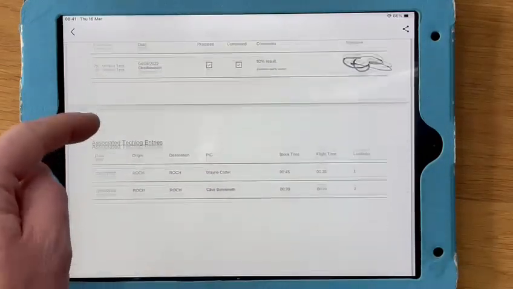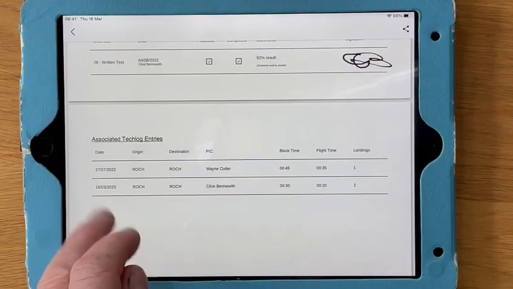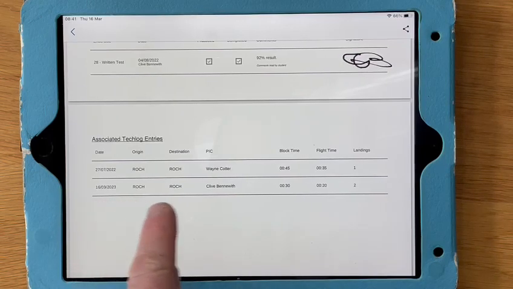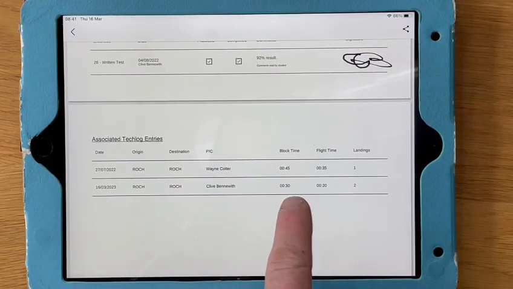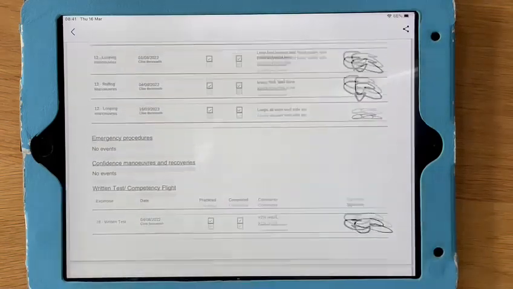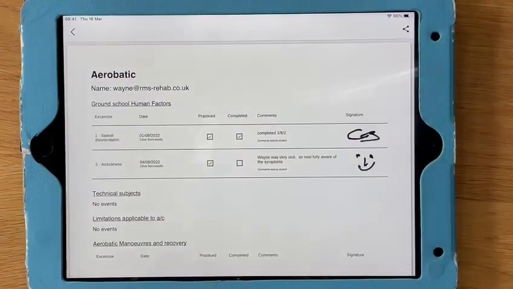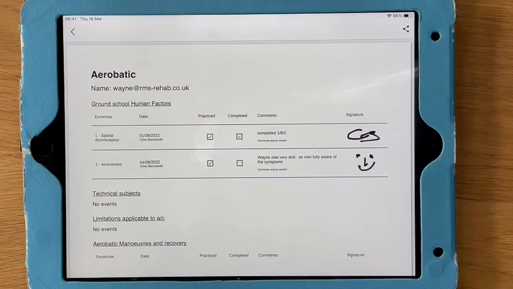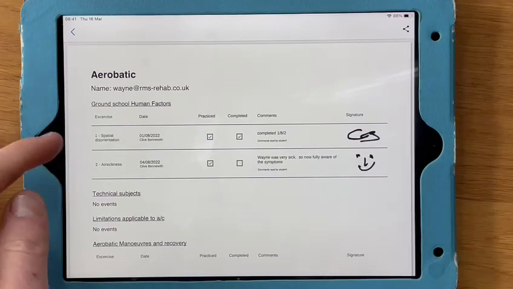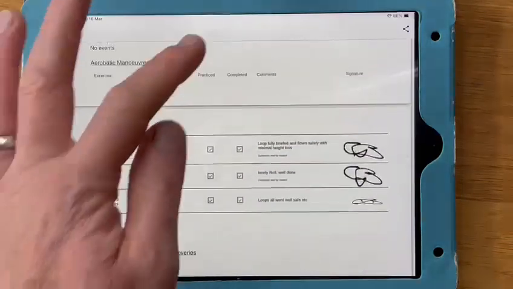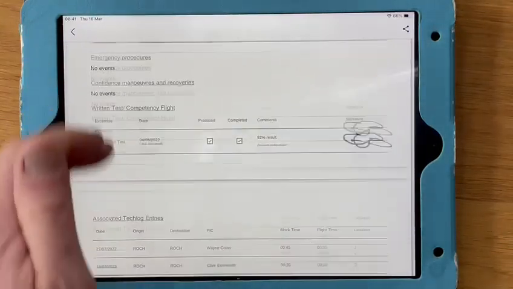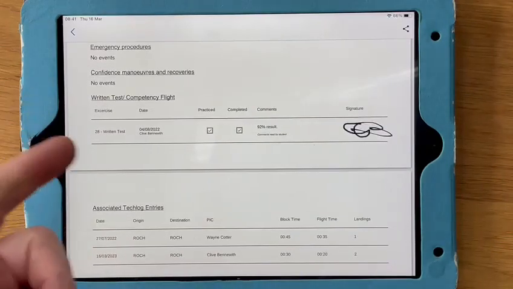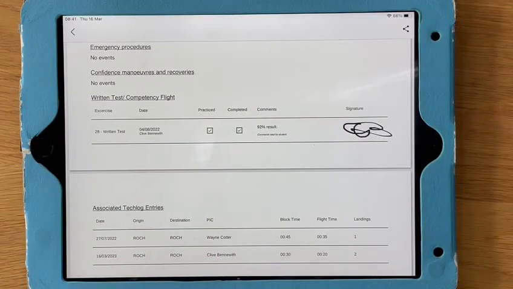Written test will be signed off, anything that we need to do. And most importantly, right at the very bottom, the 16th of March, it's me, and he's done 30 minutes with 2 landings, okay? So that is how the student notes will look. Each student notes obviously has different elements and is split up in different ways, and you'll soon get your head around it once you've started completing a few. Obviously, we need, at the end of the course, all of the elements all ticked as completed before final assessment, whether it's an assessment or flight test, okay, before it can go on. If it is a flight